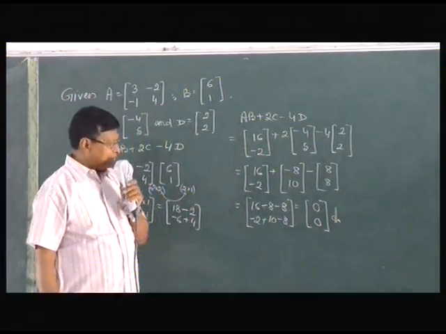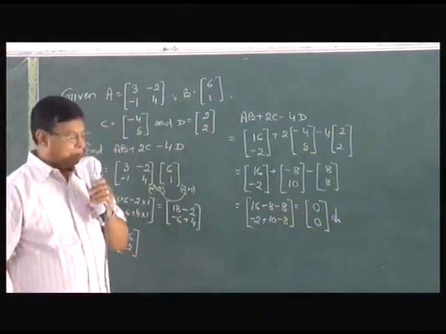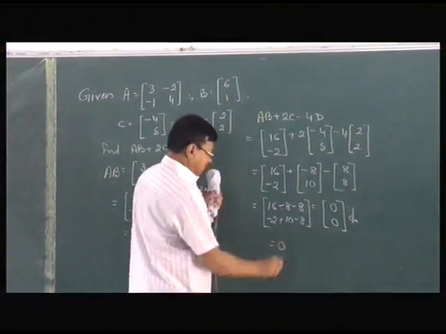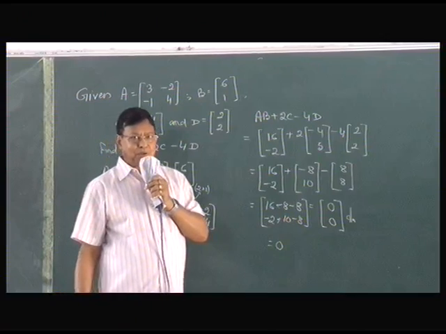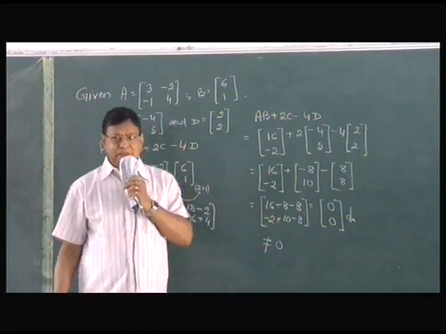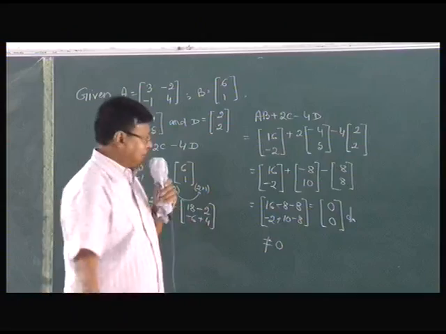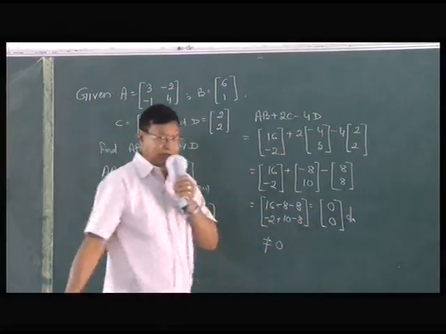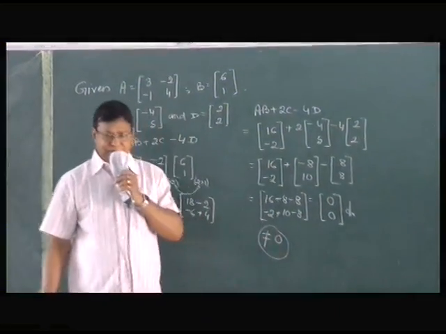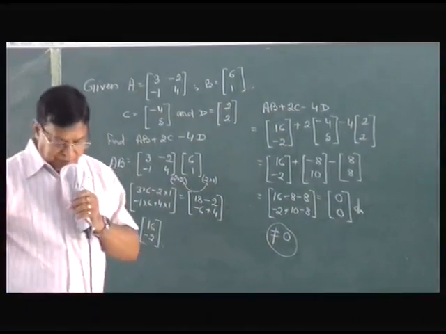So that's 0, 0. Now when you do this sum, if you look at all zeros, normally as a practice students write equal to 0. So please do not do it. It is not equal to 0, okay? Matrix does not have a value. It always remains in the matrix form only. So the answer will be in the matrix form, 0, 0. This is not the answer. It cannot be this. It has to be in the matrix form. So I come to the other sum.